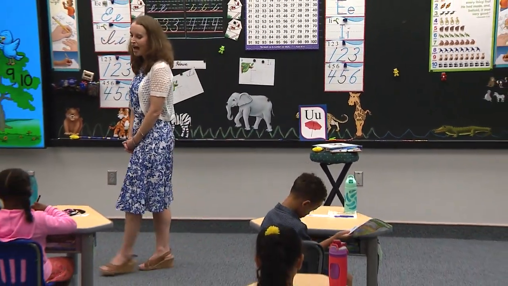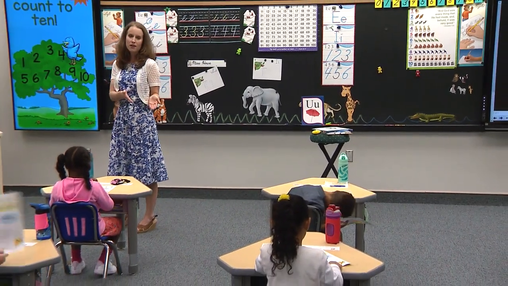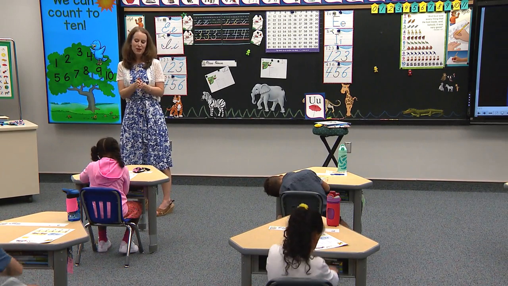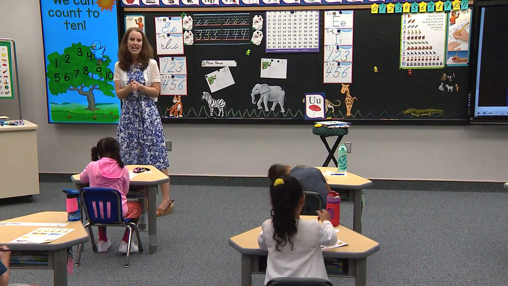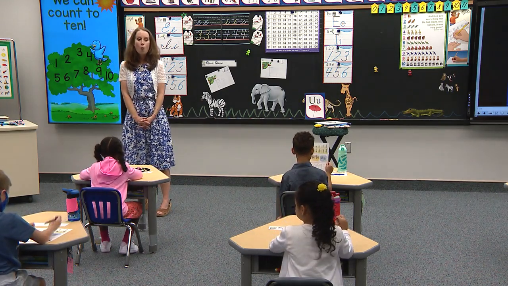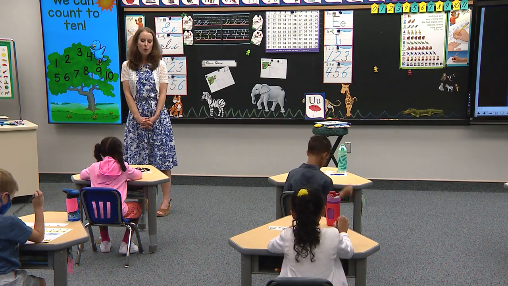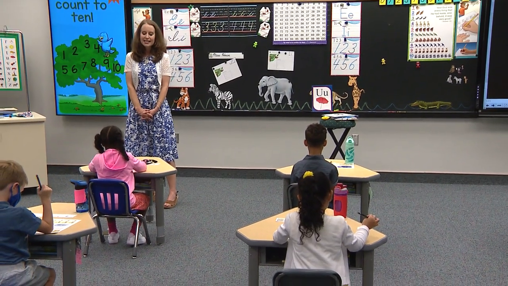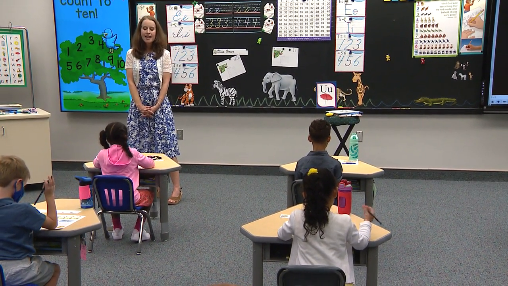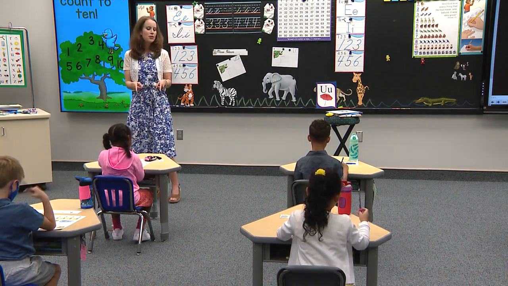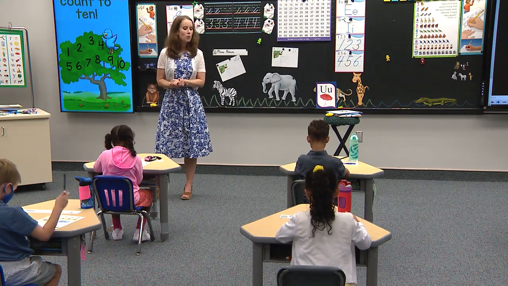Notice right on the back, we have some numbers at the very top, just like the numbers we counted together. Let's put our finger right on the very first number and let's count from 1 to 10. Students watching, join us in the classroom. 1, 2, 3, 4, 5, 6, 7, 8, 9, 10. Now let's go down to number 1. Number 1 says mark the circle to